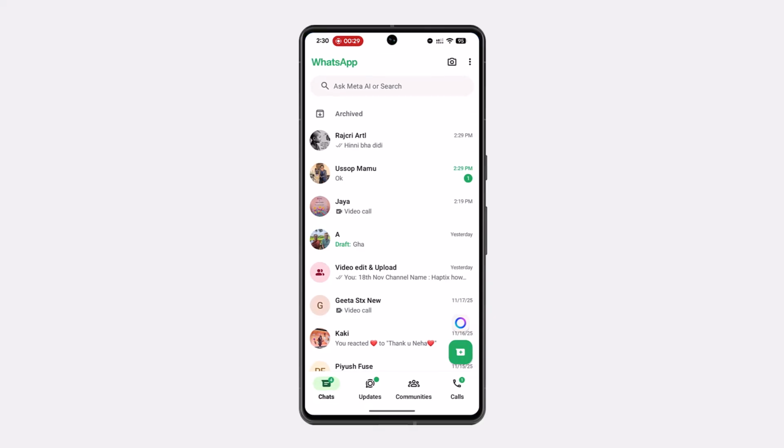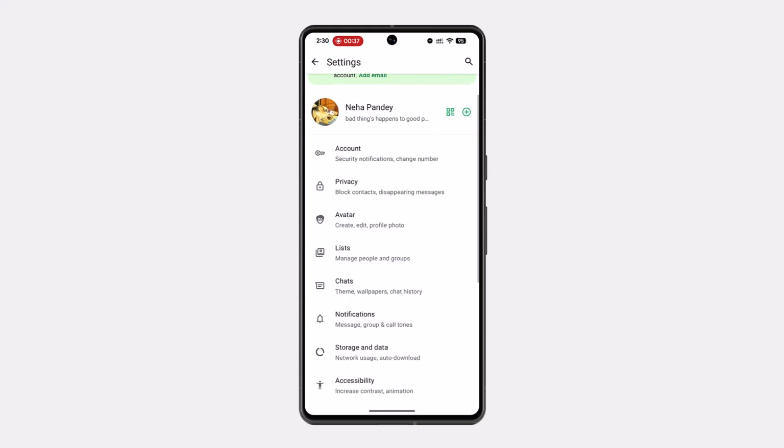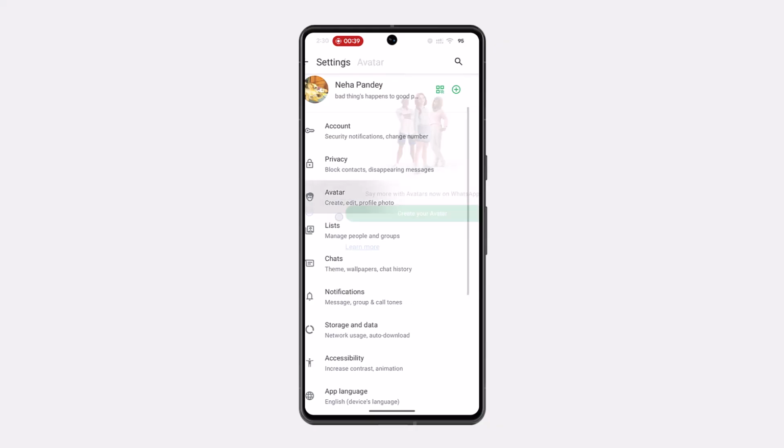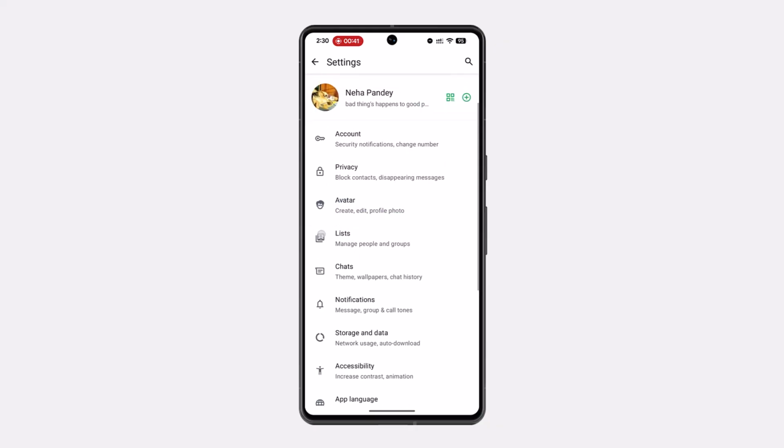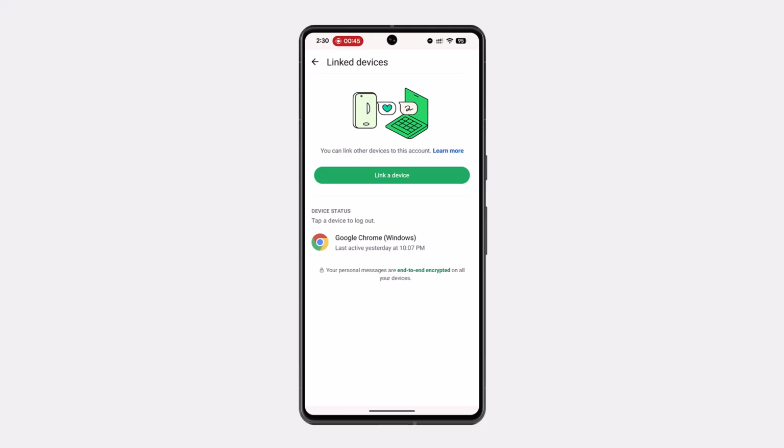So what next you want to do is simply open WhatsApp on your device and then click on the three dot icon at the top right corner of the screen and click on settings. As you go to settings, you could go ahead and look for link device, or else you could just make sure to click on the three dot icon and click on link device. As you click on it, make sure to tap on link a device and it's going to ask you to unlock it. So make sure to go ahead and enable your biometric,